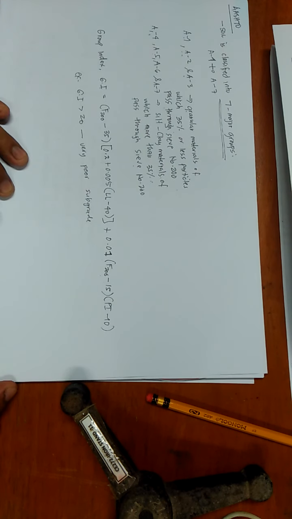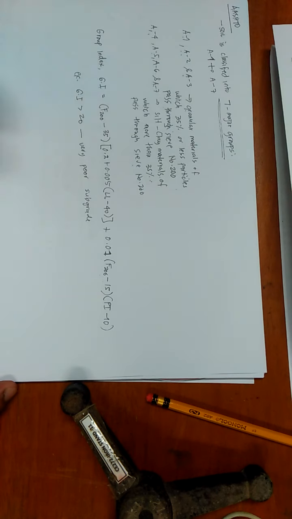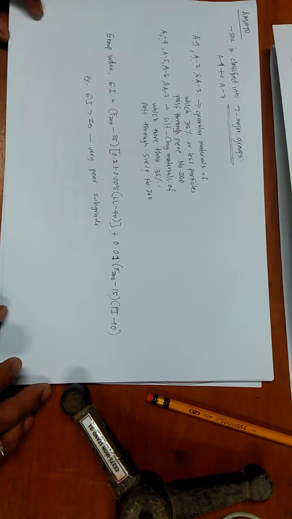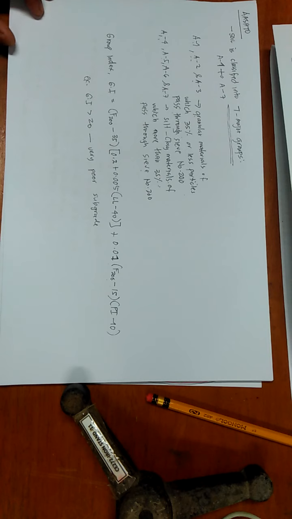So again, this AASHTO classification system is commonly used in your road construction. So, malalaman mo kung very poor yung material na ilalagay dun mismo sa construction site, most especially kapag ang project mo is road. So, now, there's a condition for your GI. Meron tayong condition sa GI natin.